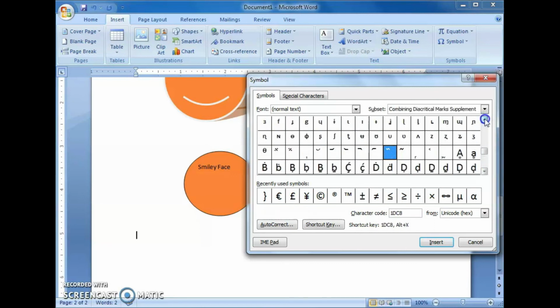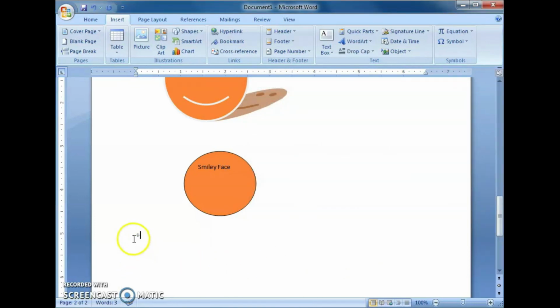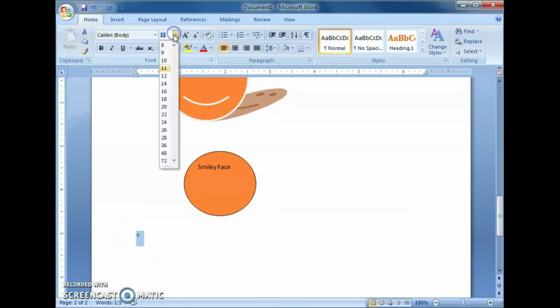If you want to insert a division symbol, click on that, then Insert. Then close this. That symbol is inserted there. We can increase the size of that particular symbol this way.